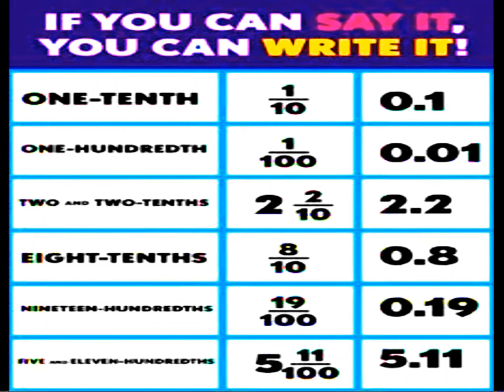19 upon 100 we write as 0.19. And then is 5 and 1 upon 100, which is 5.01. In this way you have experienced that if there is 10 as the denominator, we move 1 decimal point and remove the denominator. It will be converted into a decimal fraction. Or if we have to convert a decimal fraction into a fraction, the same is done. 1 decimal place, then 10 as the denominator. 2 decimal places, 2 zeros in the denominator. Fine. I hope you are getting it.